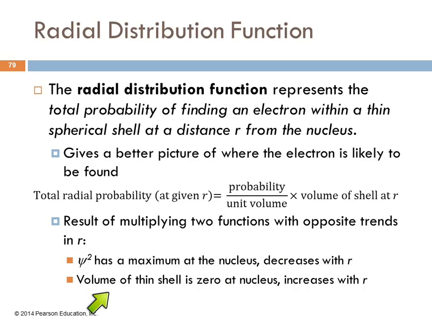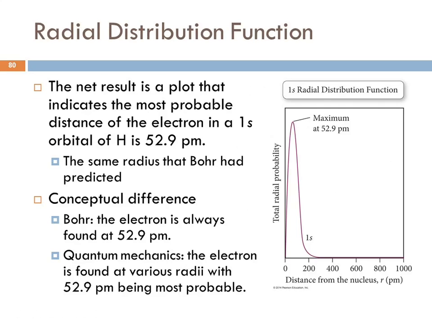The volume of a thin shell is 0 at the nucleus and increases as r increases. If you think about a thin shell that's far away from the nucleus, even though it's thin, because it's so much larger, its volume is going to be larger. And the result of all that is that we get a plot like this, which gives us a much better picture of the density of the